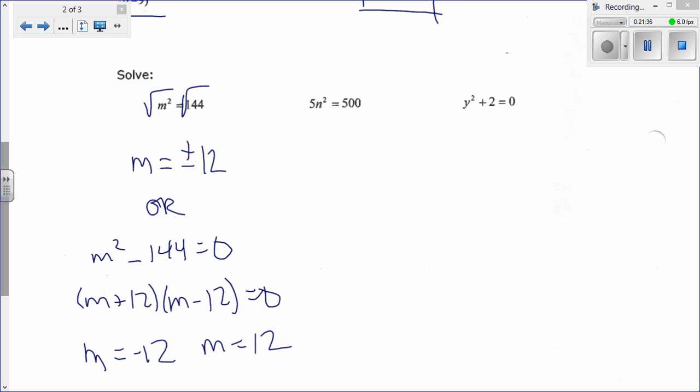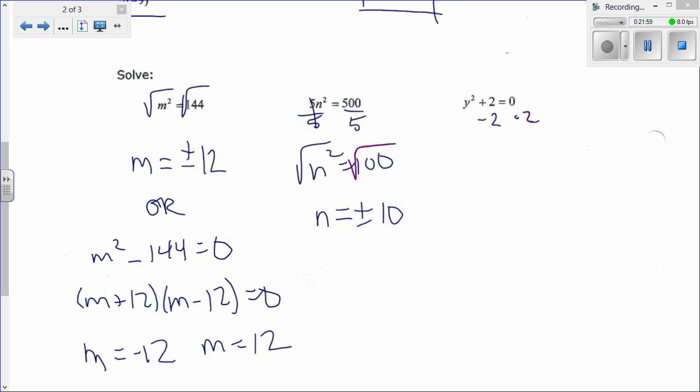If I have 5n squared equals 500, I gotta divide both sides by 5. So I have n squared equals 100, and the square root of 100 is n equals plus or minus 10. And the last one, if I want to solve by using the square roots, subtract 2 from both sides, y squared equals negative 2. Take the square root. Well, wait a second, we can't take the square root of a negative number, so there's no solution